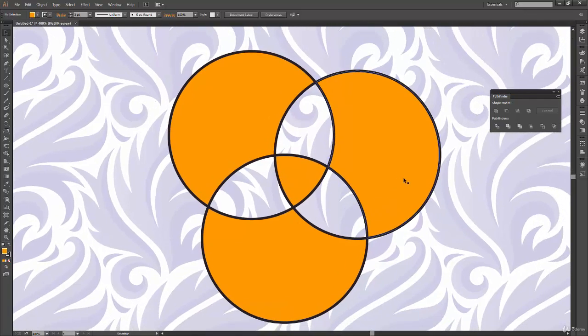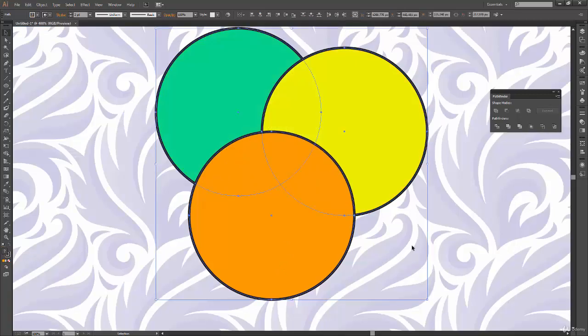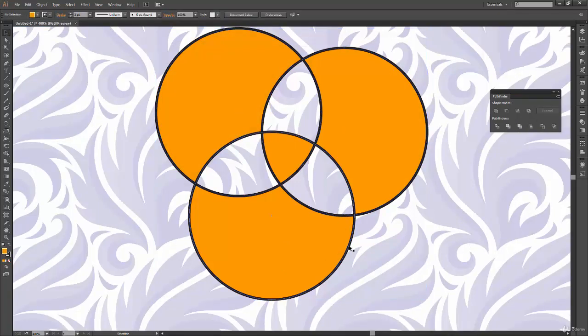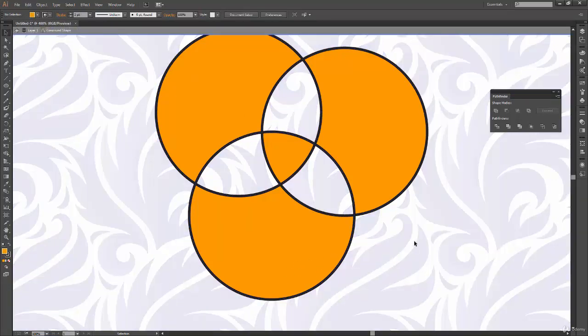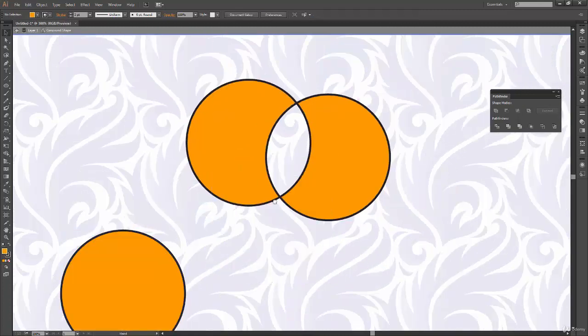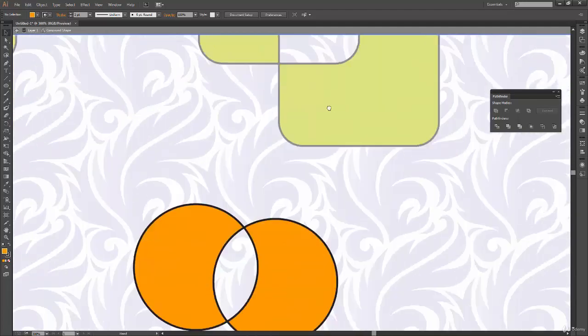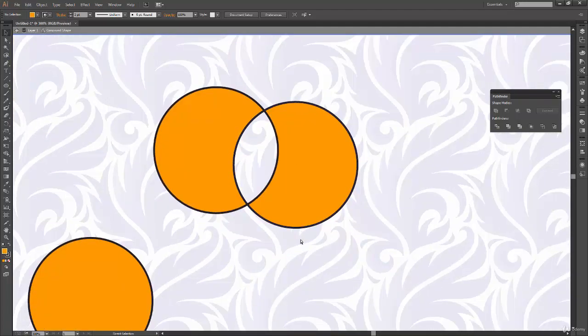So let's see how that mathematics is working. One thing we know is that exclude will remove the part which was common between two circles. So this time let's create a compound path for this one. Okay, so we have a compound path now. Now let's go into isolation mode so that we can move these circles. Here I will move this circle outside, and you can see exclude works perfectly like this one. The common area between these two circles is gone now.